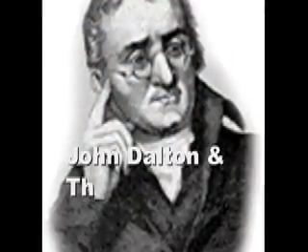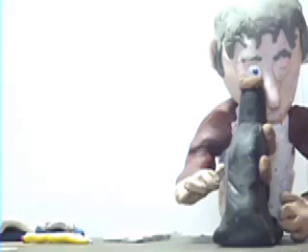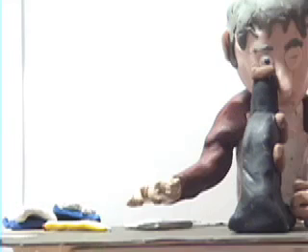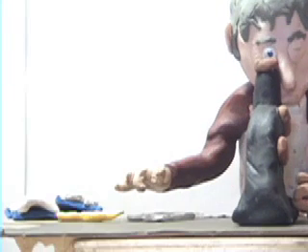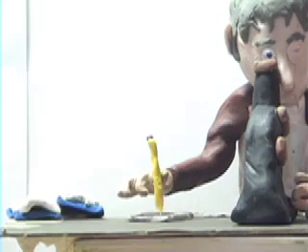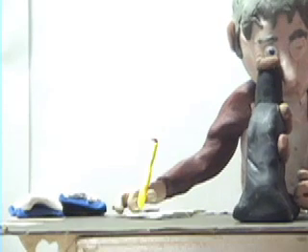John Dalton and the atomic theory. John Dalton was an English mathematician and chemist. While doing his work as a chemist, he worked with pressure and gases. He released his work on pressure and gases in a series of papers entitled Experimental Essays, in which he published the law of partial pressure, also known as Dalton's law.